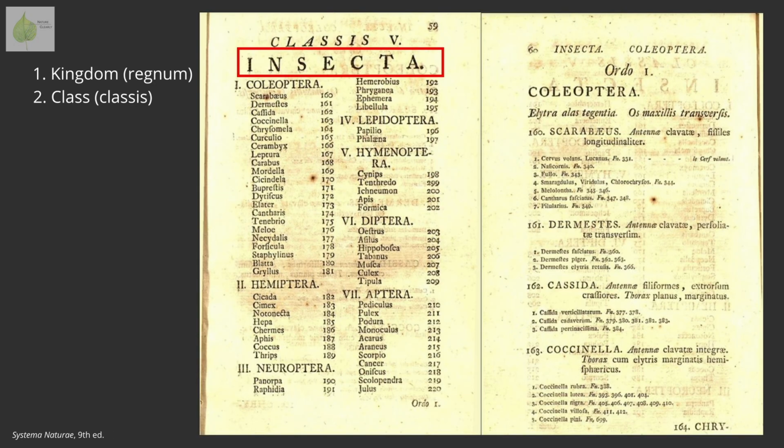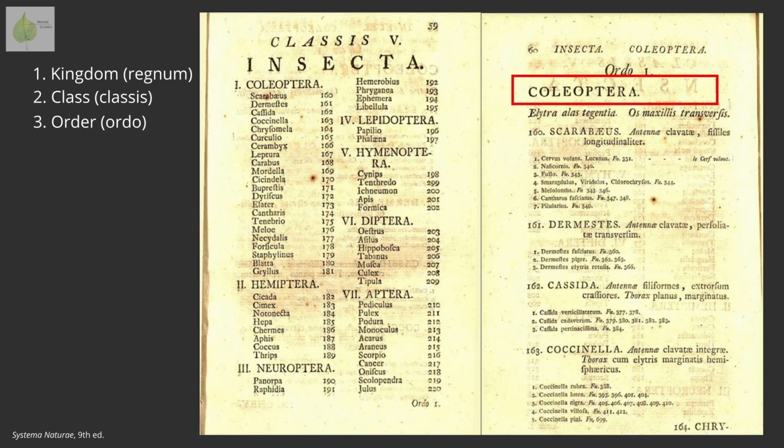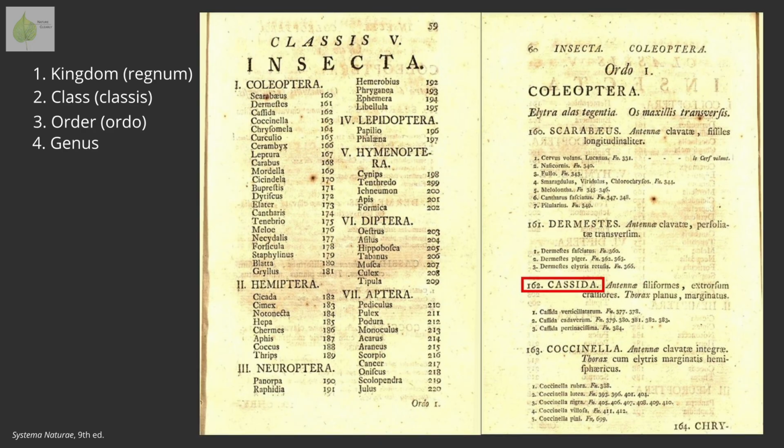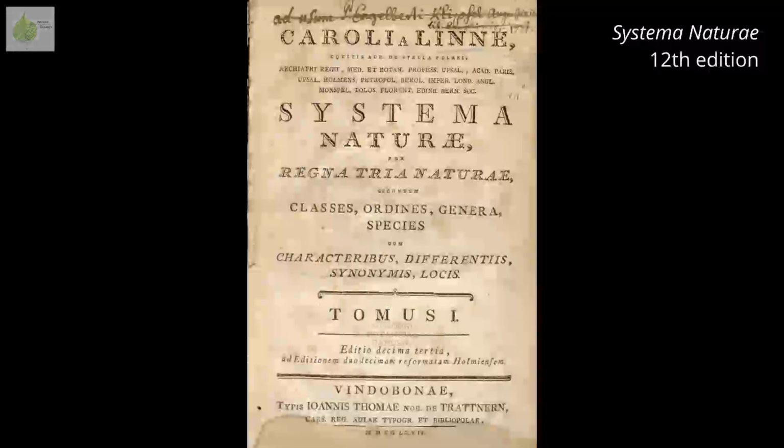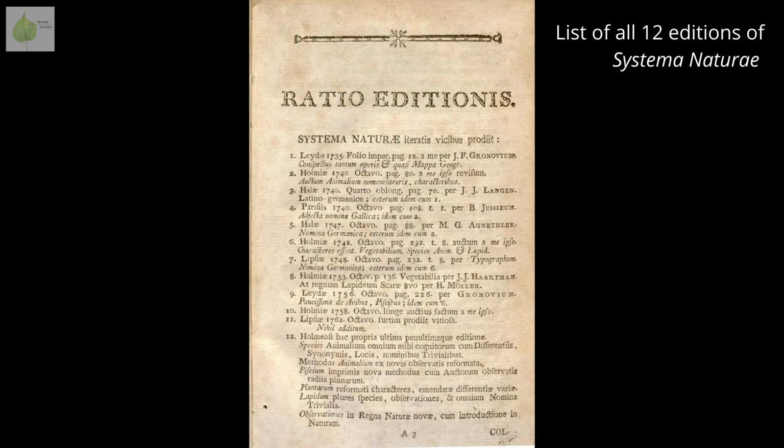Further, he divided each kingdom into classes, again based on their differences and similarities. The classes were then divided into orders, orders into genera, and genera into species, so that a species is the most specific classification. He introduced his classification concept in the famous Systema Naturae. The book was revised 12 times during Linnaeus' lifetime, as he continued developing and reworking the classification system.